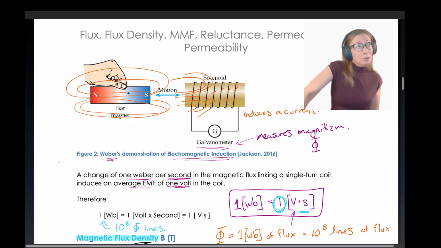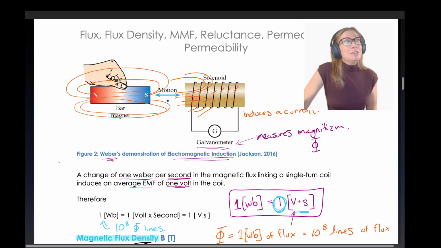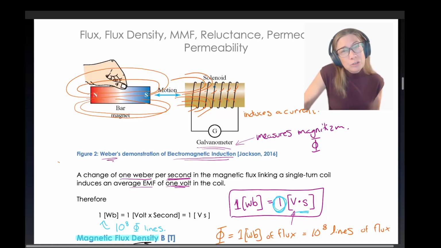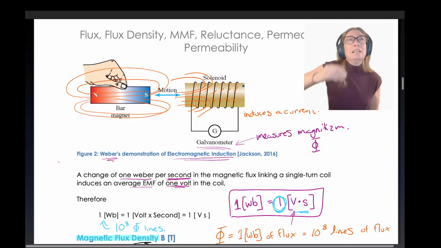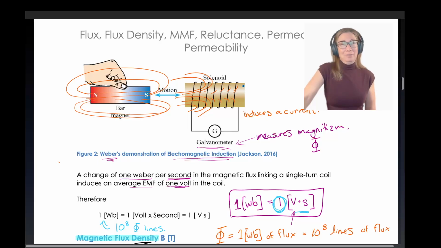And for reasons that we will learn later in the class, when these magnetic flux lines intersect with coils, it generates electricity in those coils. So when these lines of flux intersect perpendicularly with current carrying conductors, it induces current in those conductors. Cool. So he measured with a galvanometer the number of flux lines, and he also measured the amount of